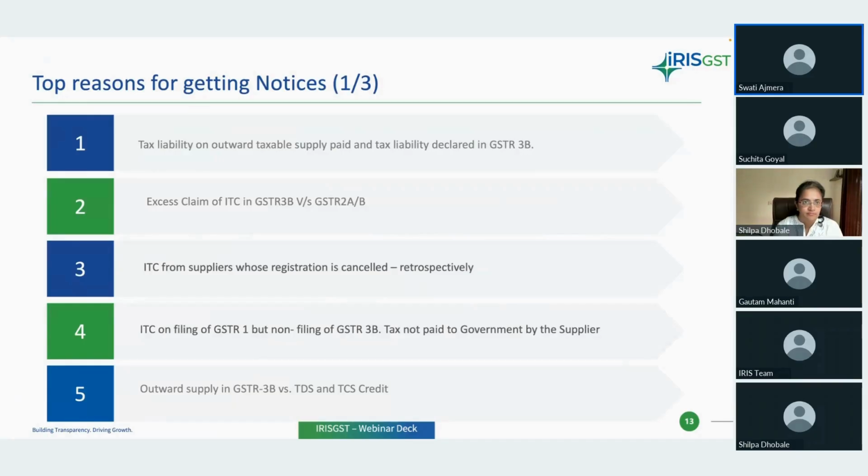So the major concern is that the major focus of the GST department is on revenue right now. Most of the time they will not check on which issue they are issuing notices. They just issue the notice, and the focus is to complete their revenue targets. So it is possible that you will also get a notice. These are the issues on which the department is continuously issuing notices.